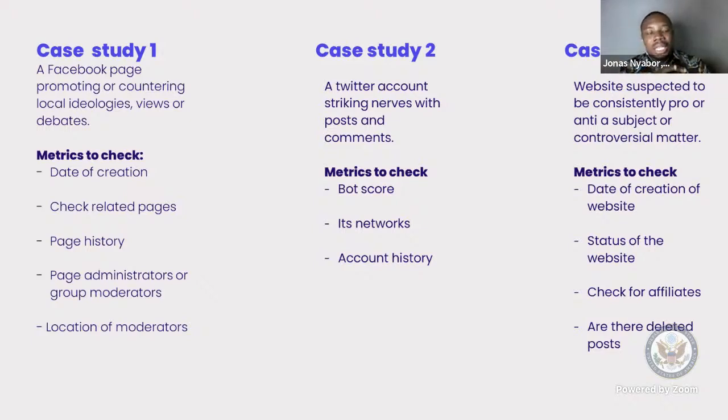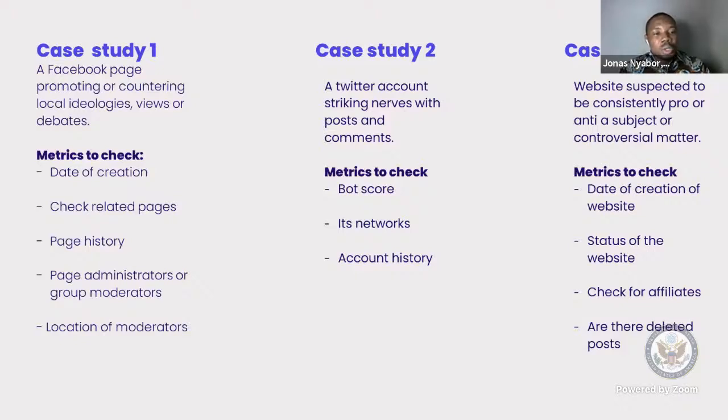The first one, the dates, the reason why this is important is because based on very common research, we find out that if there is about to be a major issue that is going to be discussed in the country or a particular location, people create fresh Facebook pages to push a particular agenda. And so if the Facebook page is very, very new and is pushing that particular campaign, well, it says something. It can give the impression that this particular page was created specifically for this campaign, and so at the end of the campaign, the page is gone. That is some useful information that will require further investigation to unravel.